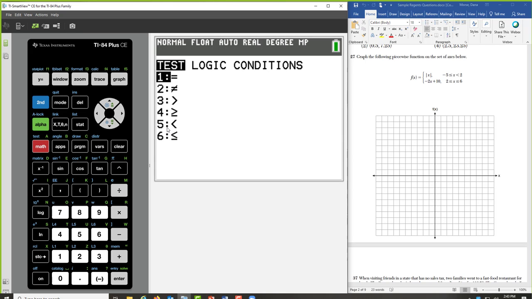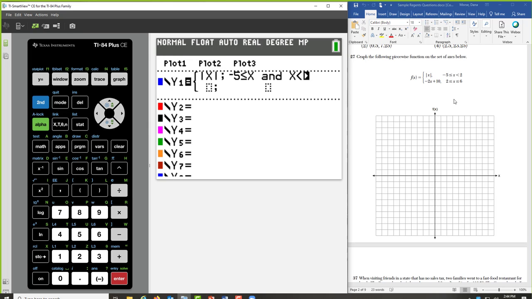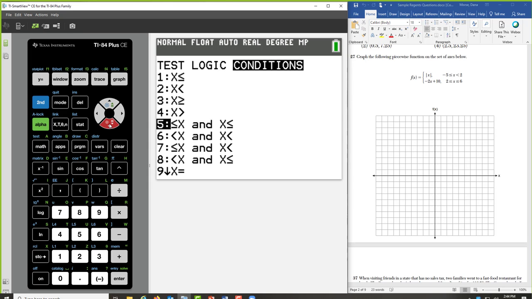But TI wanted to make this foolproof. There's a new menu on the 84 plus CEs called Conditions. I want this symbol, less than or equal to, and greater than or equal to, and less than. That's right here, option 7. It mirrors what the question had, and I need 2. Right arrow, -2x plus 10, right arrow, 2, second math, over to conditions, and I want, I believe, option 5 this time,